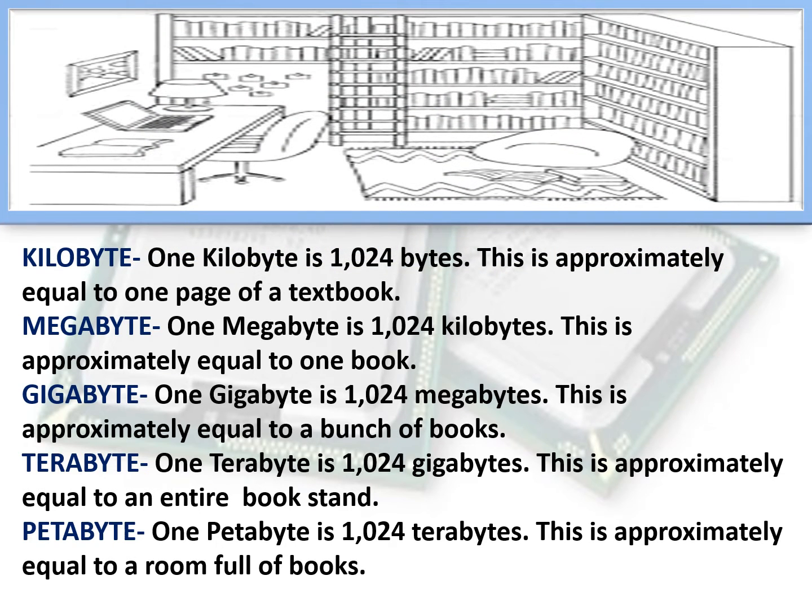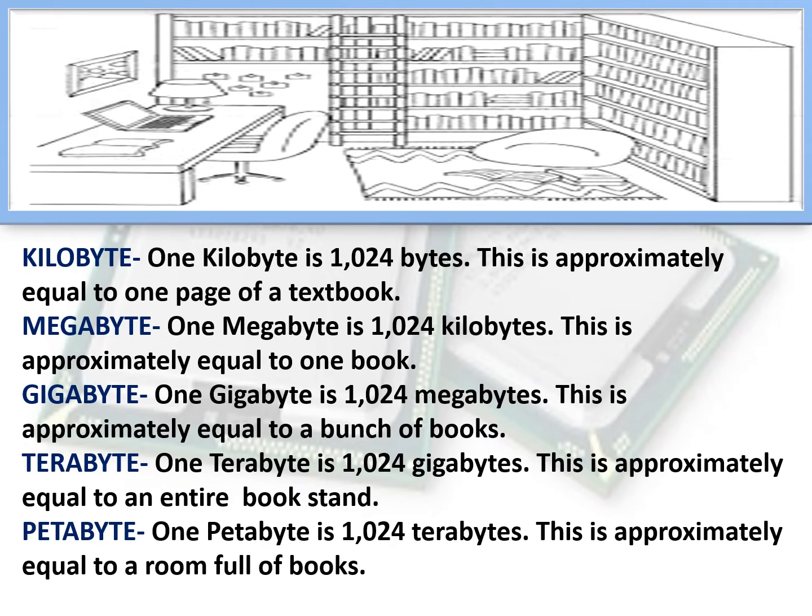Now, let us compare with the help of a picture. You can see a library. So, we will learn the different terms kilobyte, megabyte, gigabyte, terabyte, petabyte in terms of a library. 1 kilobyte is equal to 1024 bytes. So children, you can see that the number is the same but the units are changing. This is approximately equal to one page of our textbooks. Suppose I have taken my computer book, it will be equal to one page of the textbook.